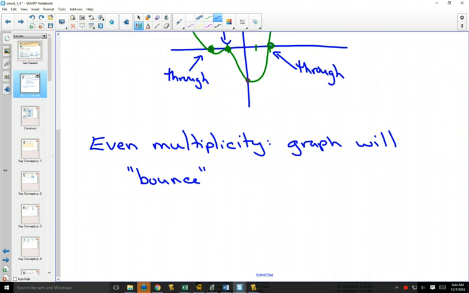It's not a proper mathematical term, so I'll put it in quotation marks. I'm looking at the textbook to see if it had any proper terminology, but it just says it touches but doesn't go through. And if you have an odd multiplicity,